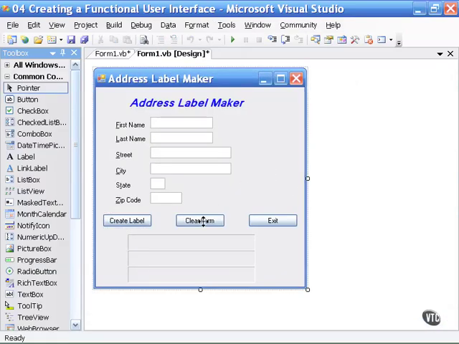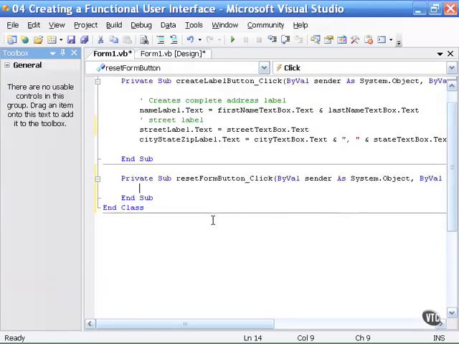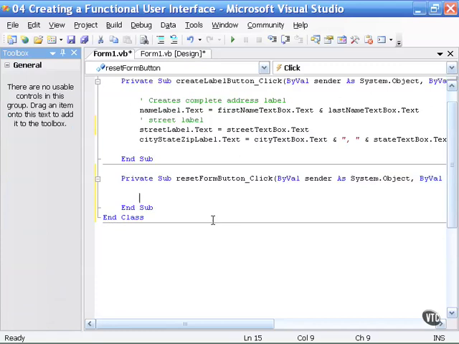Now, returning to our form, let's create a comment for the Clear Form button. We'll discuss the code for the Clear Form button shortly, but the first thing I want to do is to comment that. So I simply double click, and that opens up my code window for my so-called Reset Form button. And I simply want to begin with an apostrophe and write a comment such as, this button will clear the contents of the text boxes